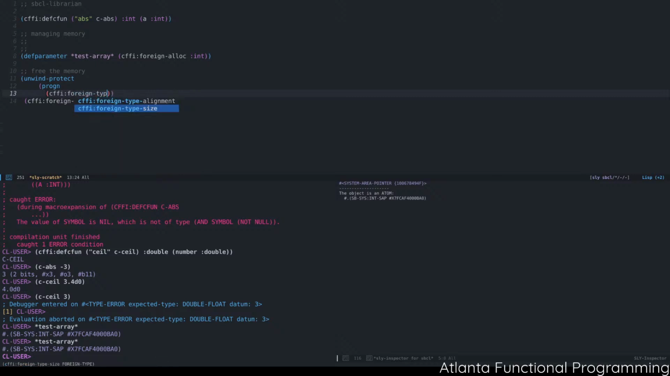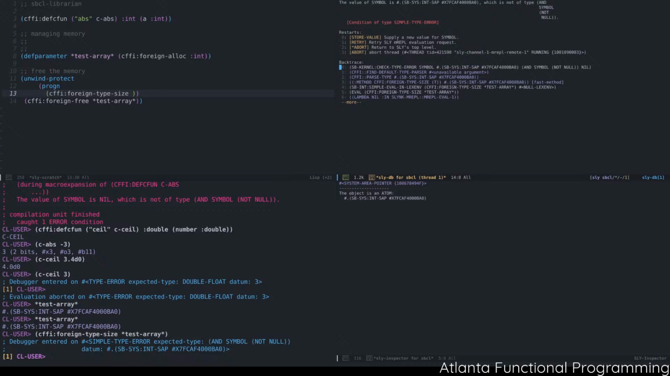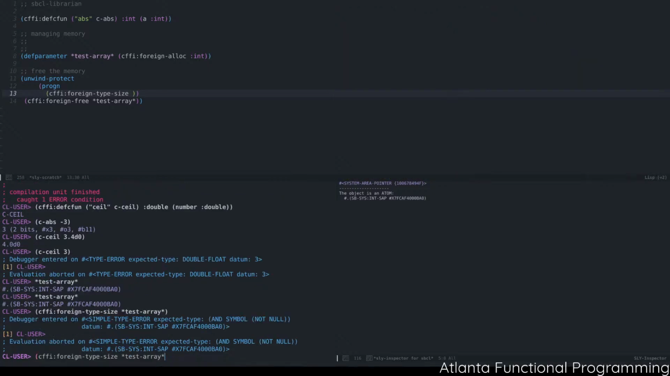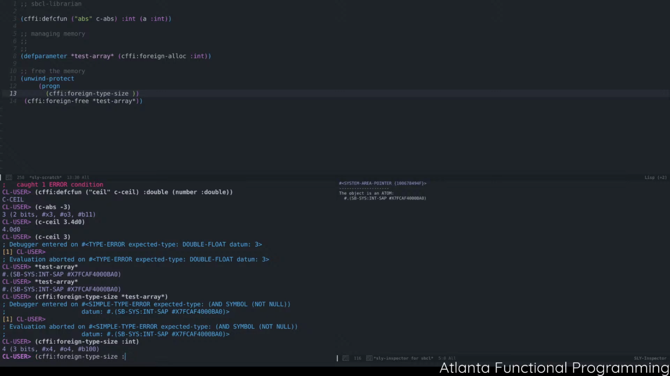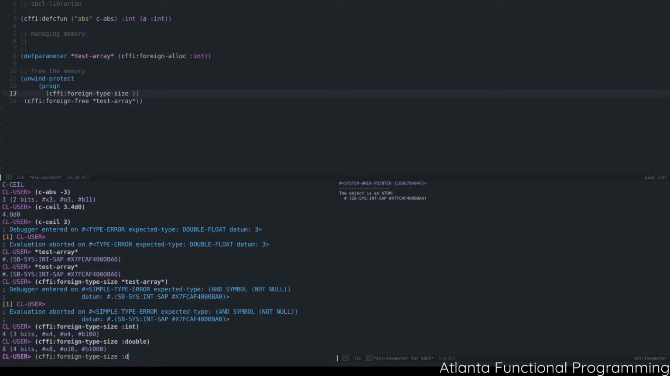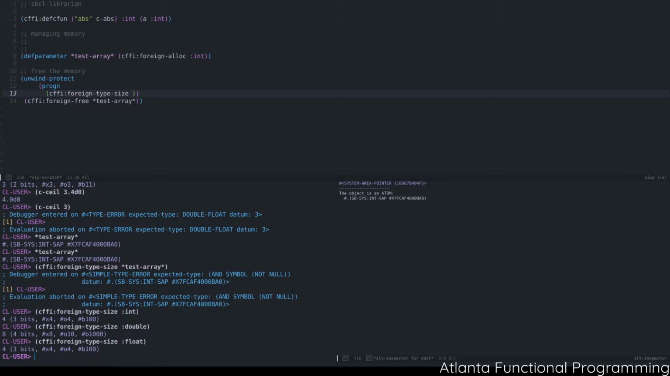Foreign type size, that's what we need. And I think CFFI uses foreign type size not on the object, but we could try. I don't think it's going to be on the object, it's going to be on the actual type itself. Right, so we need to do int, or if we do double, or if we do float, you can see that these are all available for you for foreign type size. There's also alignment, which is used